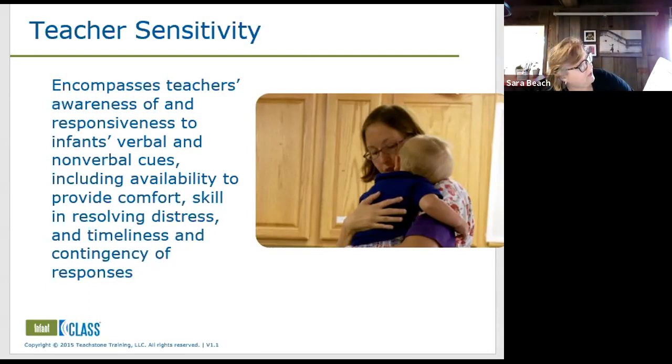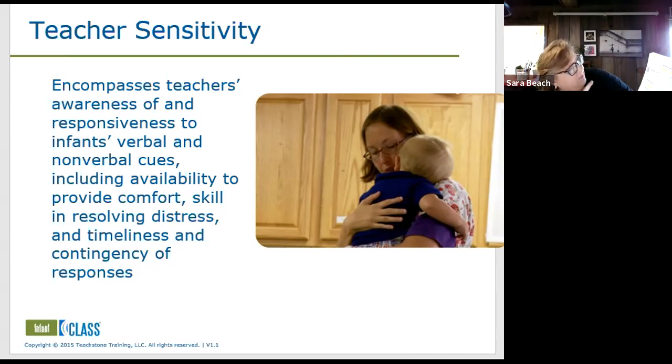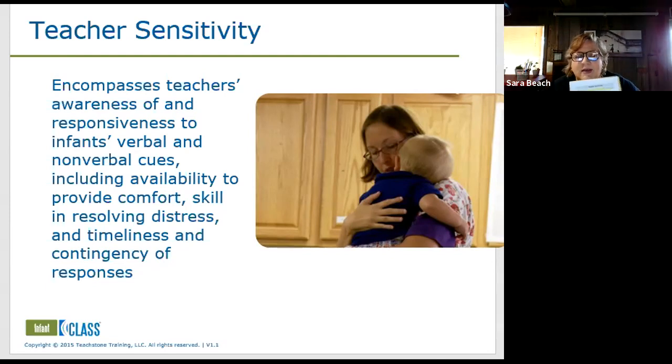And you can see there that there are 3 indicators. You mentioned all of these already. So I think you're really good at identifying what this one is about. This is about being aware, being tuned in, being attuned, and paying attention to what babies are saying with their bodies and with their cries, etc.